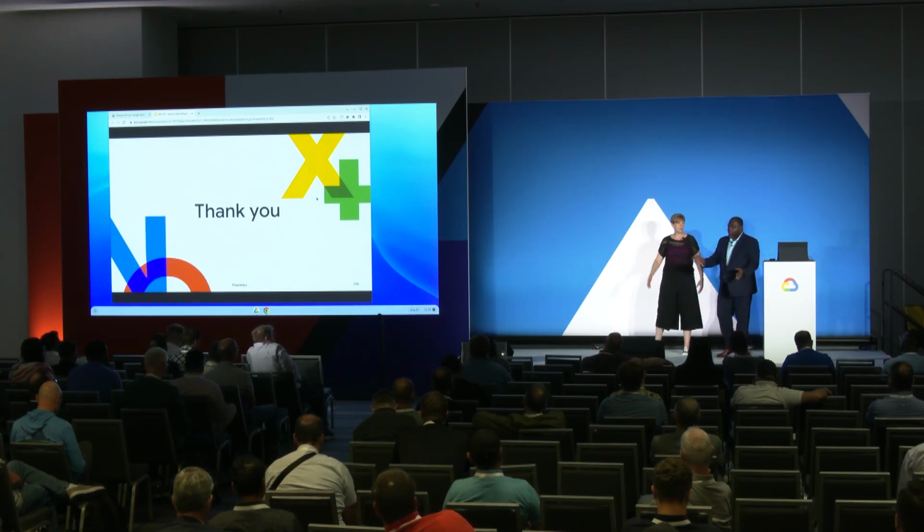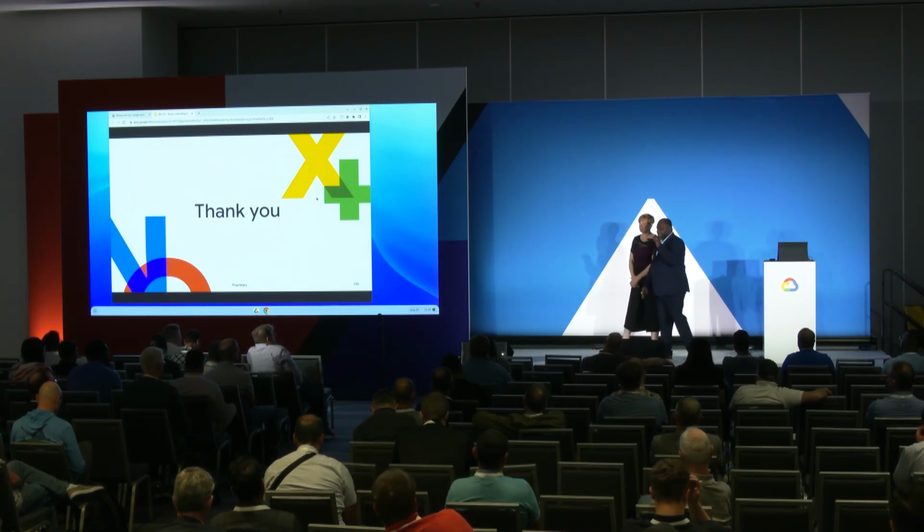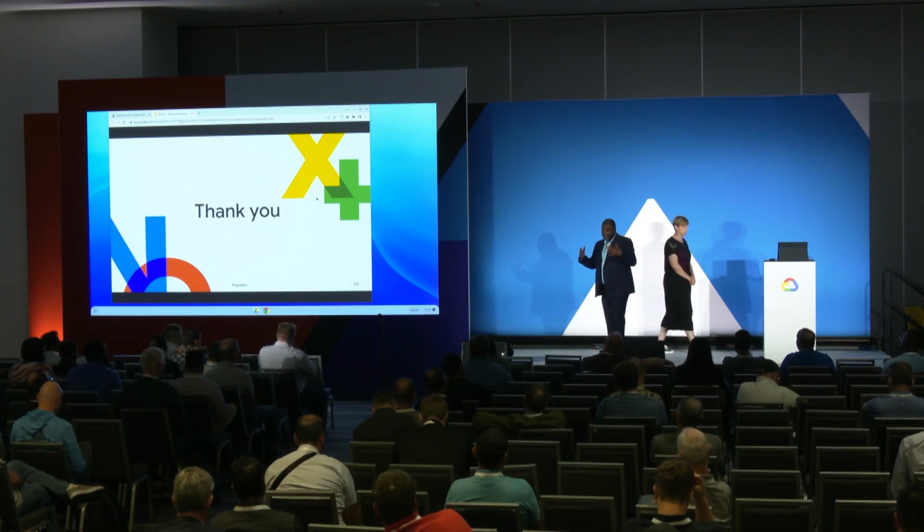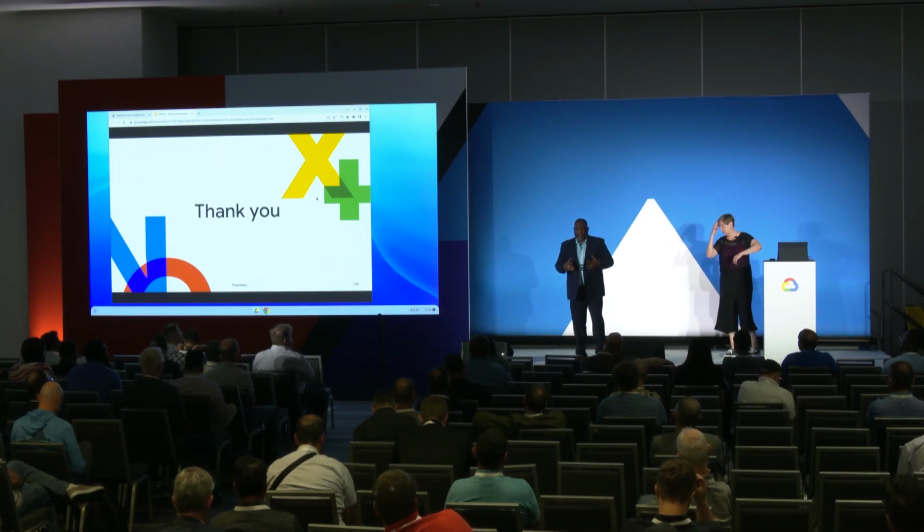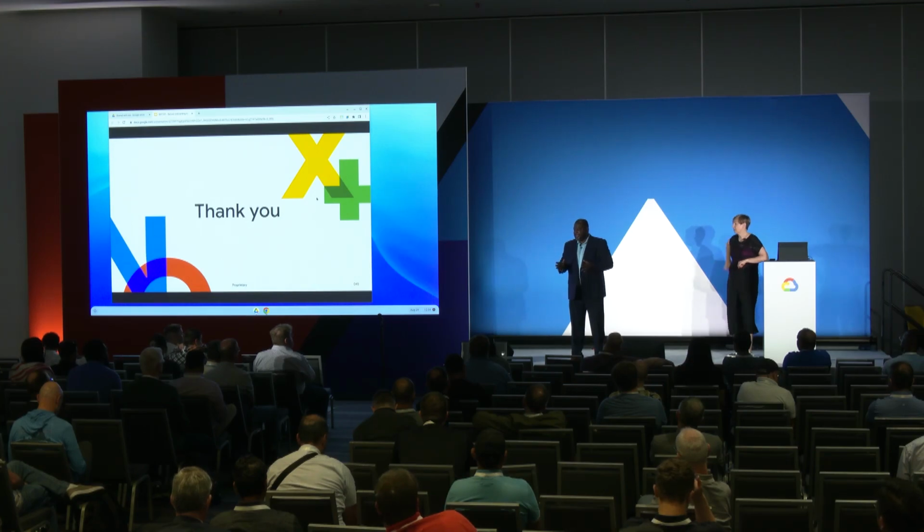So we're going to open it up for questions now, but I want to give you guys just a real world tip. You guys came here because you want to hear some real stuff. So eventual consistency is very real, and particularly with your org policy constraints, you need to make sure that you are applying it at the appropriate level in the resource hierarchy. So here are some best practices around that.